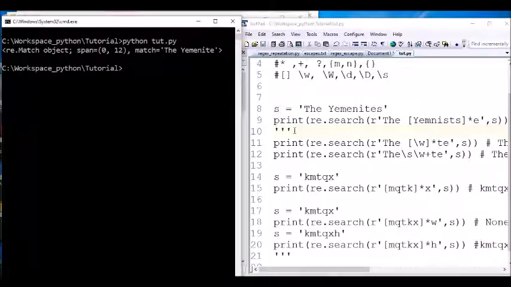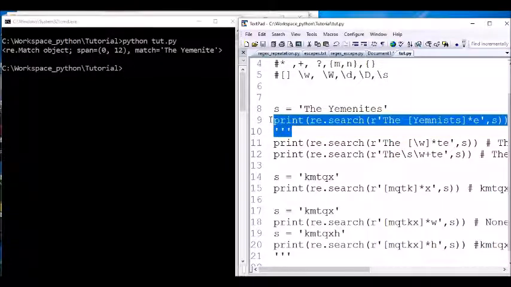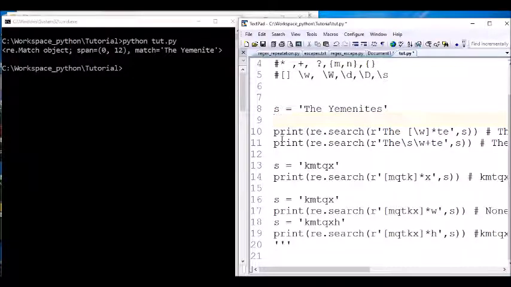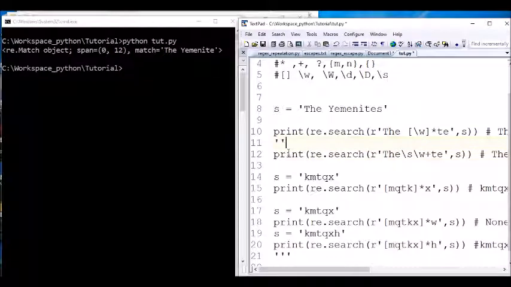Okay, let's do another one here. Delete this one here, and put this into here. Same thing. Okay. Match T H E space.